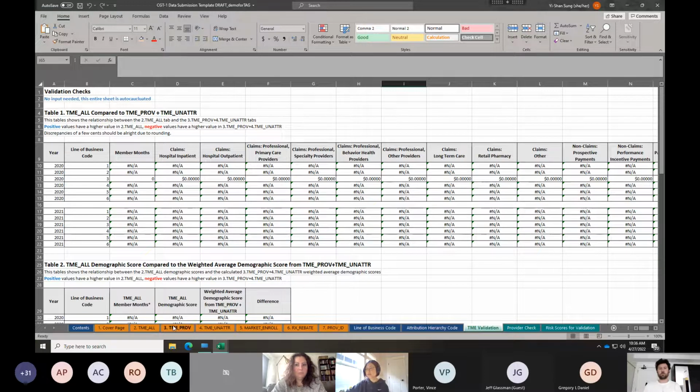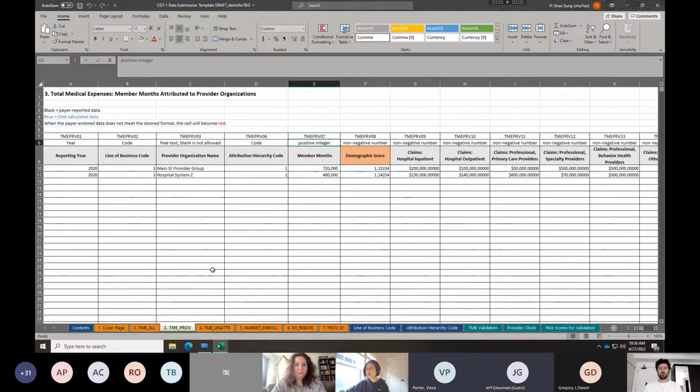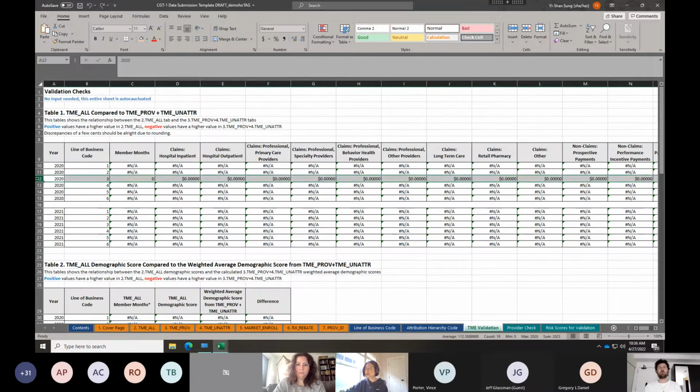Here I provide some fake numbers. In this case, this pair has line of business 3 being reported, so you will only see this row have numbers pop up. If all the numbers are black, that means you pass this stage 1 validation.